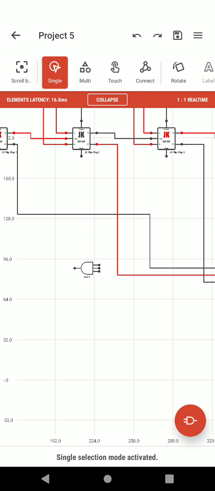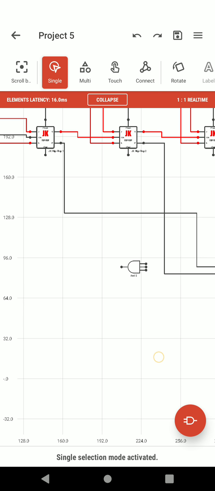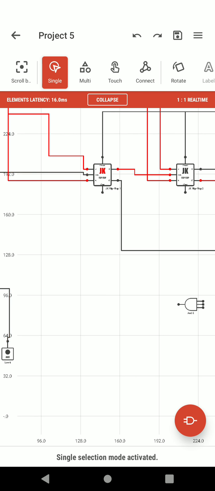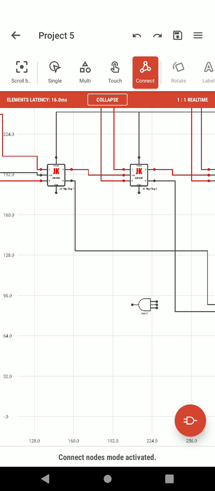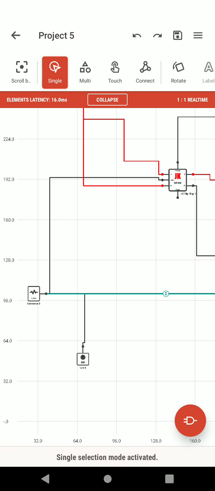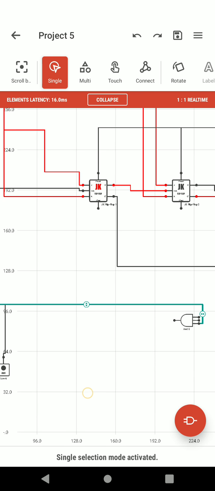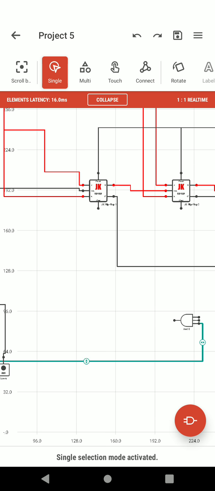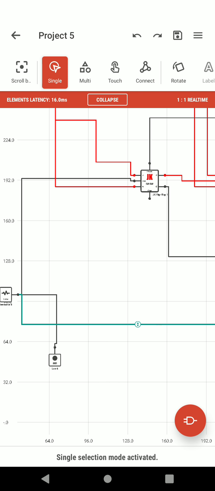So now we have to make connections regarding the AND gate. One of the inputs of the AND gate is connected to the clock. So let's connect it, and let's slide it down because we have many other connections.